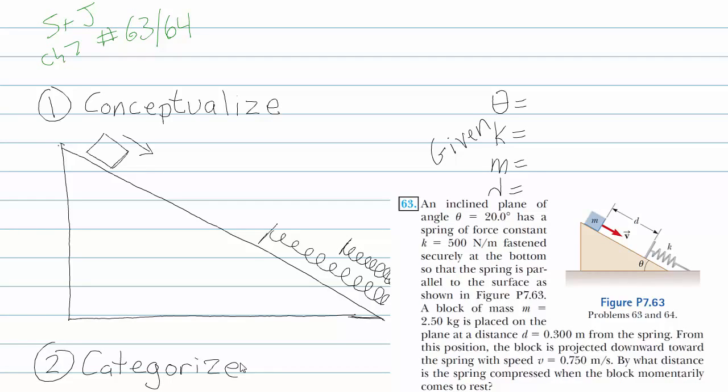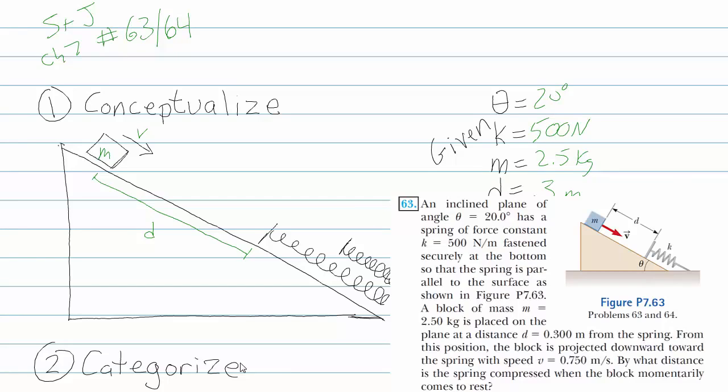So the problem tells us we have an inclined plane, angle of 20 degrees, has a spring force of constant 500 newtons per meter. It gives us a mass of 2.5 kilograms. We slide a distance, this distance here, d down the incline, and that's a distance of 0.3 meters, and it's shoved down the incline. So we start with initial speed v, and it's pushed down the incline with 0.75 meters per second